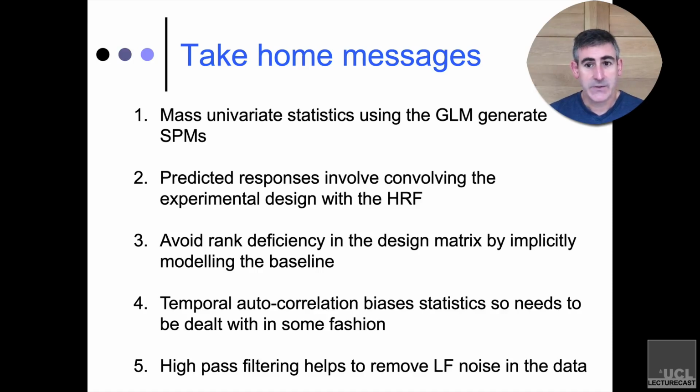One of the things we need to do is avoid rank deficiency, and the easiest way to do that is to simply not model your low-level baseline. It's an implicit model in your design matrix. You model your task, you model your covariates of no interest, you leave your baseline alone. Otherwise, you end up with a rank deficient design matrix and you can't estimate the parameters. You don't get